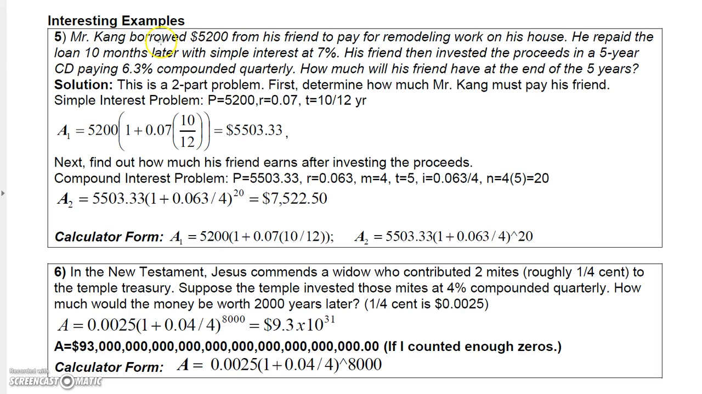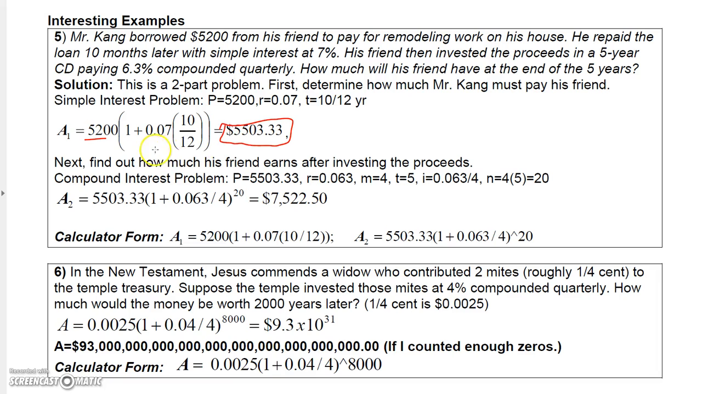Okay, pause the video and read this, and then come back to where I start talking about the solution. Well, this is a two-part problem. The first part is a simple interest problem. He's got to pay his friend back. You just use P times 1 plus rt, and you get that he's got to pay his friend back